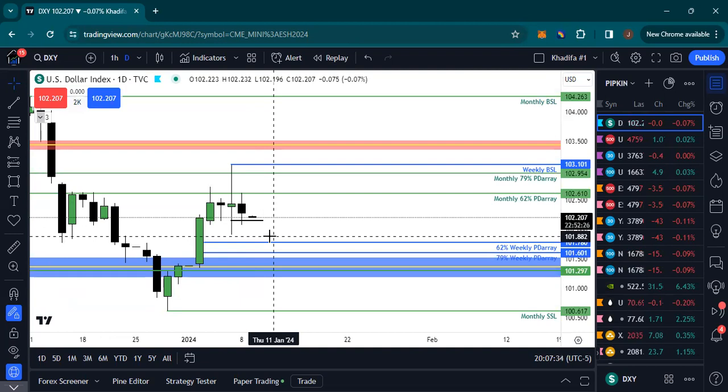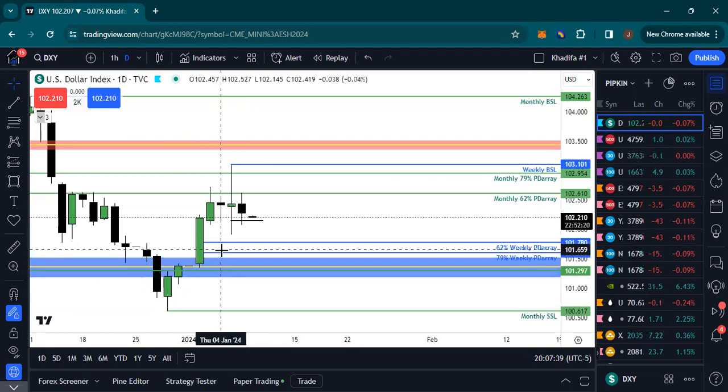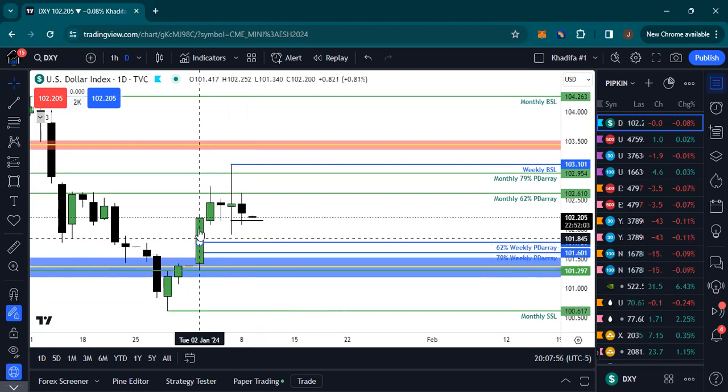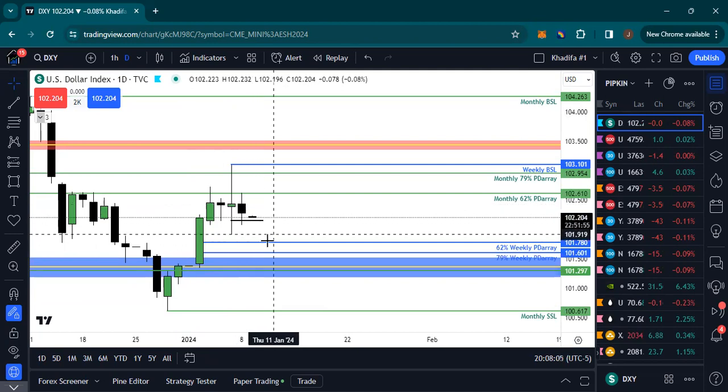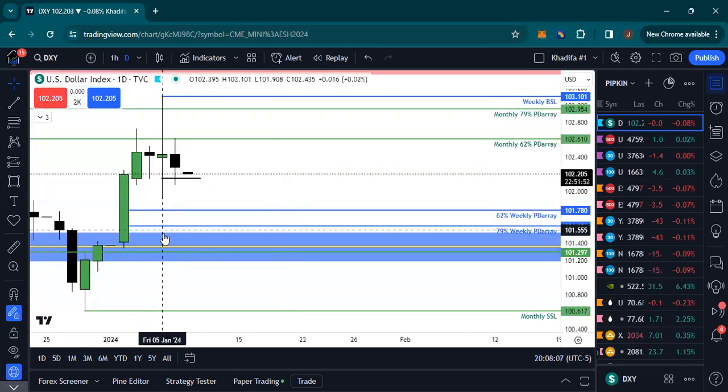So, being that we have the daily candle printed out, and it was a bearish day, I'm expecting the dollar to continue lower until we run this sell side liquidity, right? And I would like to see us give a good engagement of the weekly discount array levels that you see here outlined in these blue horizontal lines, right? I want to see price come down into this imbalance. This BISI, coined by Michael Huddleston, this buy side imbalance, sell side inefficiency. And once we come down and engage these discounted price levels,